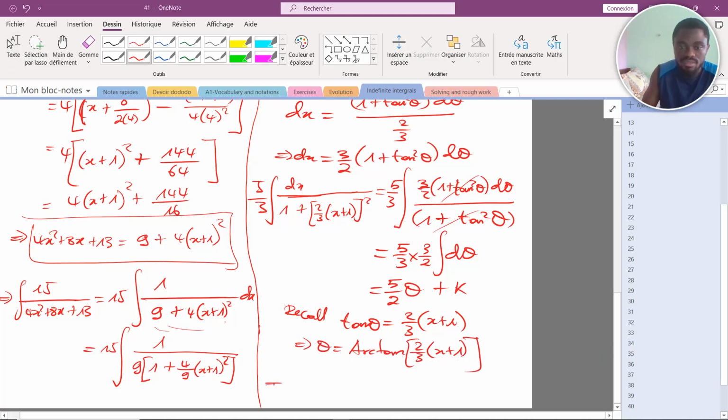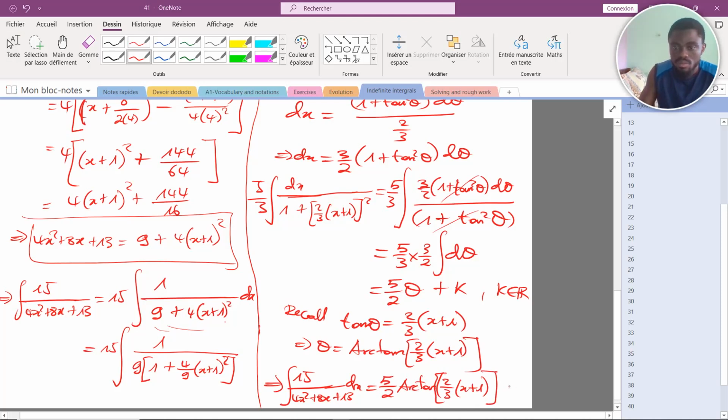So the integral we were looking for, 15 on 4x squared plus 8x plus 13 dx, will be equal to, I just substitute this theta where I see it. Let me precise here, k belonging to R. So this will give me 5 on 2 arc tan of 2 on 3 into x plus 1 plus